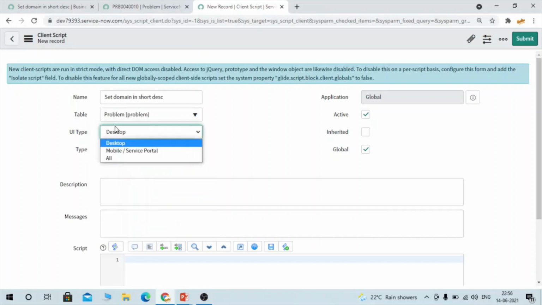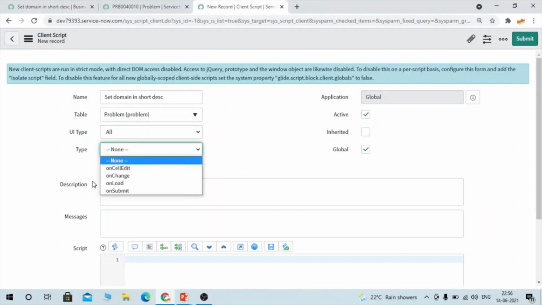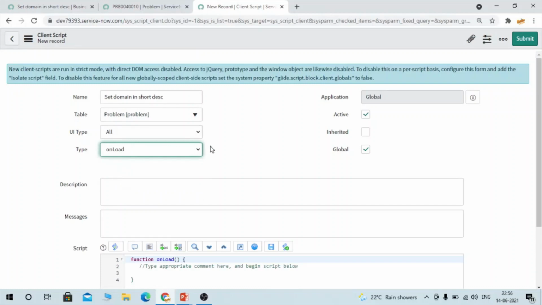You can select UI type all, or maybe according to your requirement. Here we have to select onLoad. You can write onChange as well, but here I am selecting onLoad.